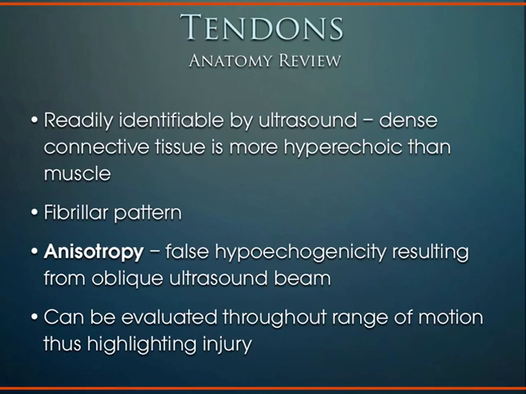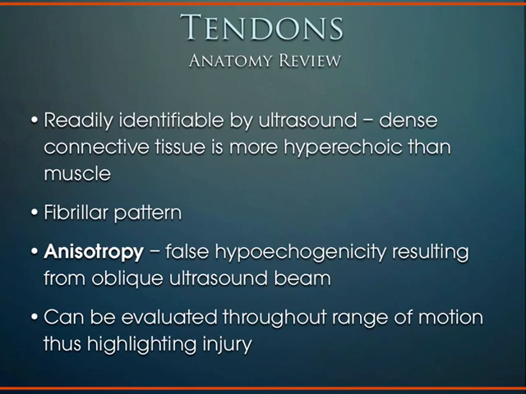As part of the limitations in knowing what's normal and what's not normal, there are some characteristics of certain tissues that you have to be aware of. For tendons, there's something called anisotropy, or anisotropy, depending on who you are and where you studied. Basically, when you're looking at tendons, it should have that very hyperechoic view and that fibrillar pattern. When you're looking for problems in tendons, sometimes there's disruption of the tissue. It's black, it's dark, you can't quite see it. But that might be just anisotropy as opposed to an actual tear in the tendon, and we'll talk a little bit